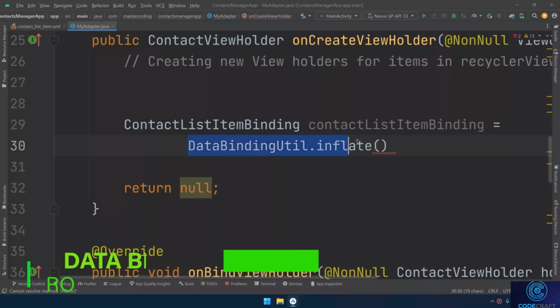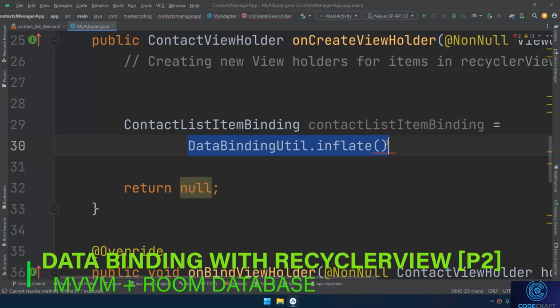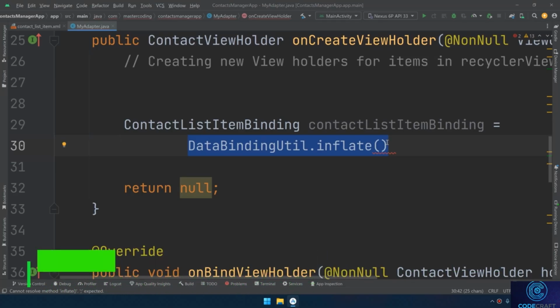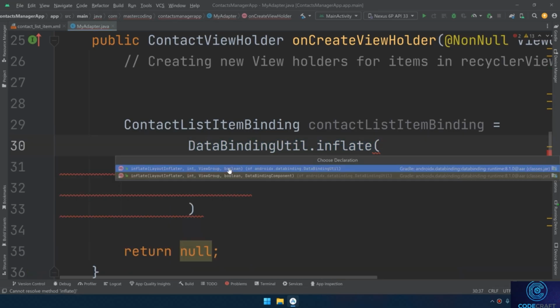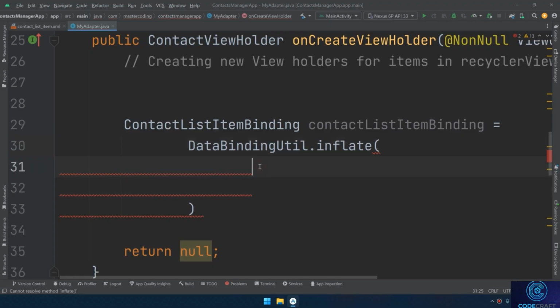DataBindingUtil.inflate method is provided by Android's data binding library, androidx.databinding, for inflating a layout and creating a binding object. And inside this inflate method, I need to pass 4 parameters. The first one is layout